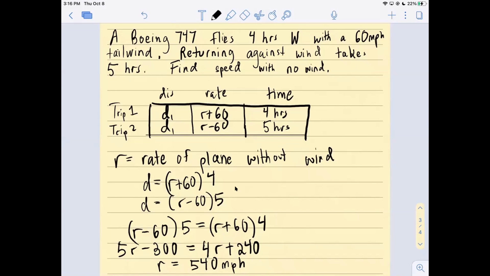Let me think here. So it's going plus 60. Minus